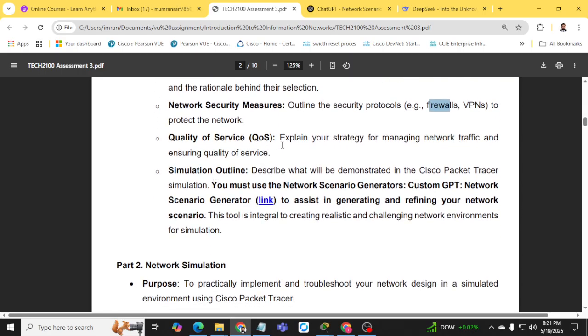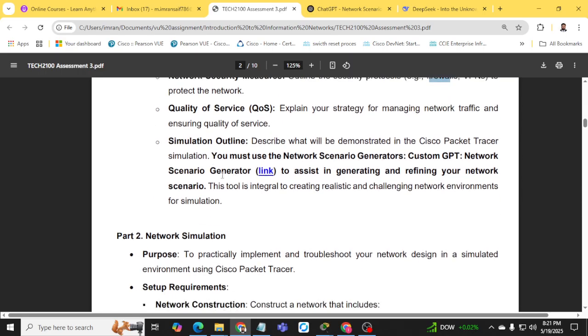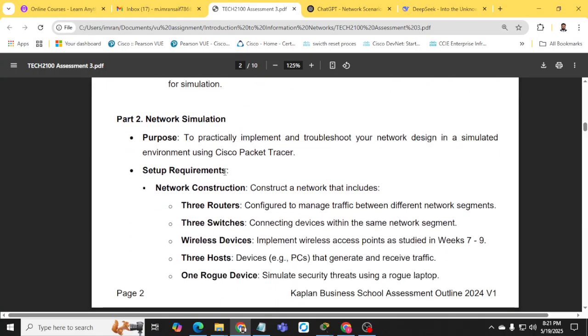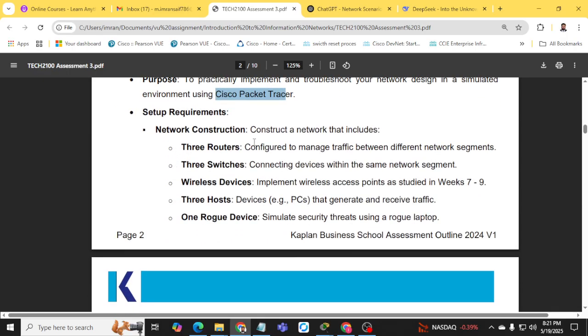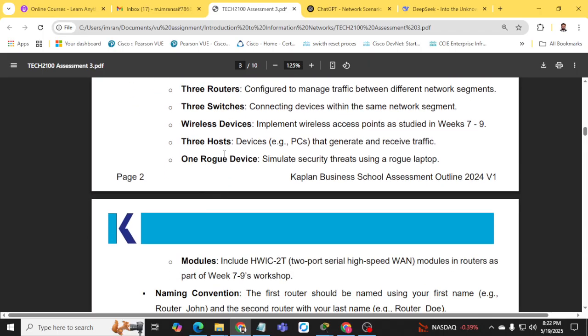Then quality of service, we have to discuss, and also simulation. In the network simulation, we are going to implement in Packet Tracer. The network construction will be 3 routers, 3 switches, wireless devices, 3 host devices, and 1 rogue device, which will